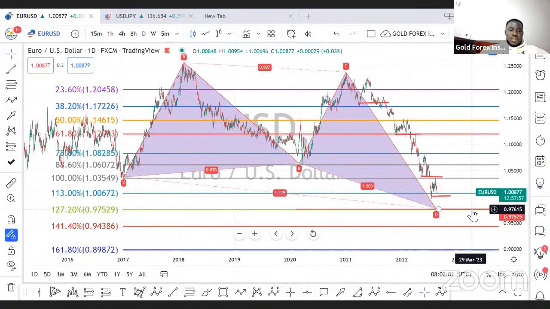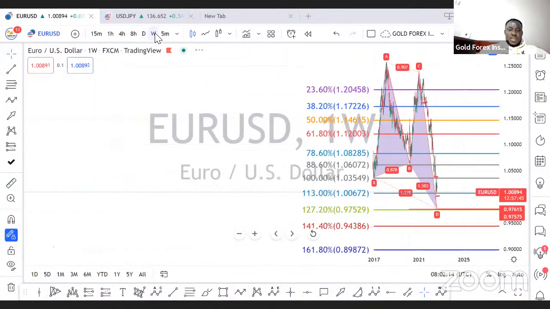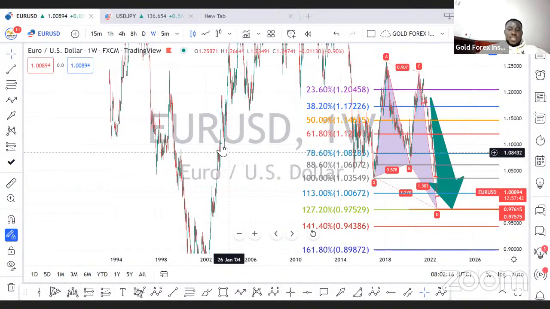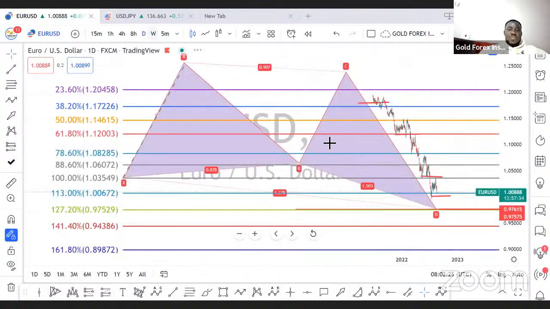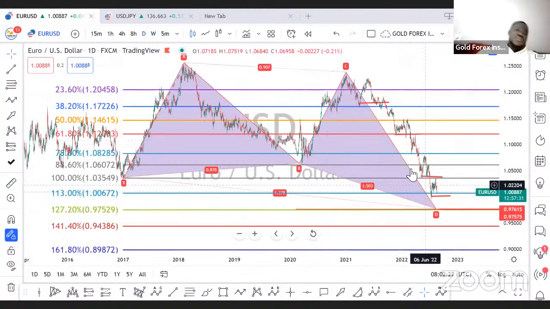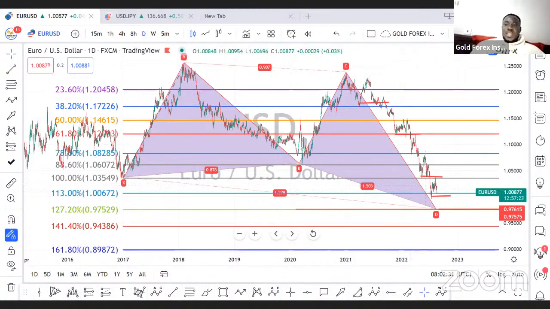Take it from me, dollar is going to be stronger than the euro. Dollar will exceed the euro for a long time. I don't think it has even happened before. Let me see. Oh, okay, it has happened several times. We've had the euro here. So dollar will be stronger than euro. If you have dollars, please buy more dollar because dollar is going to be strong.